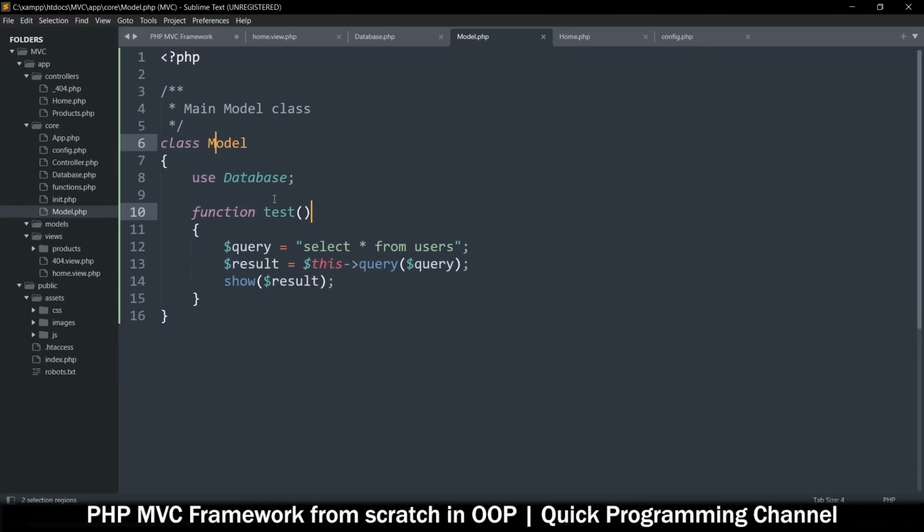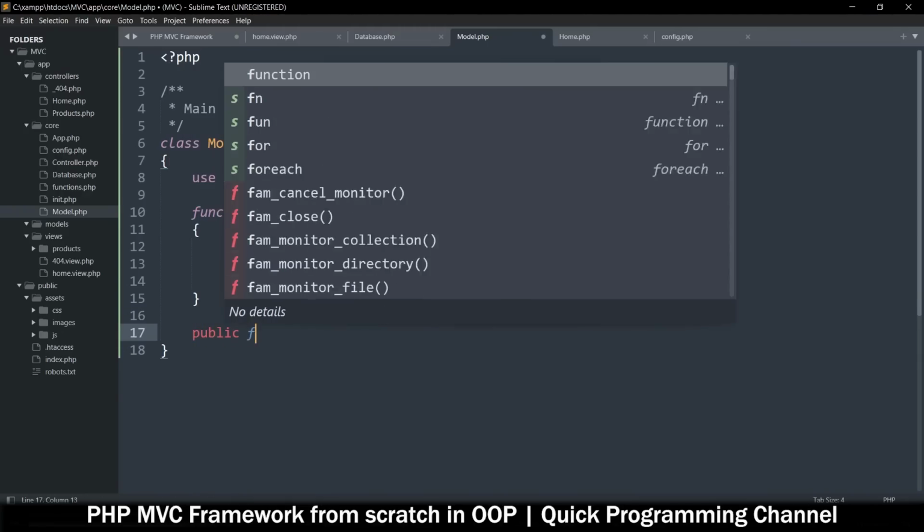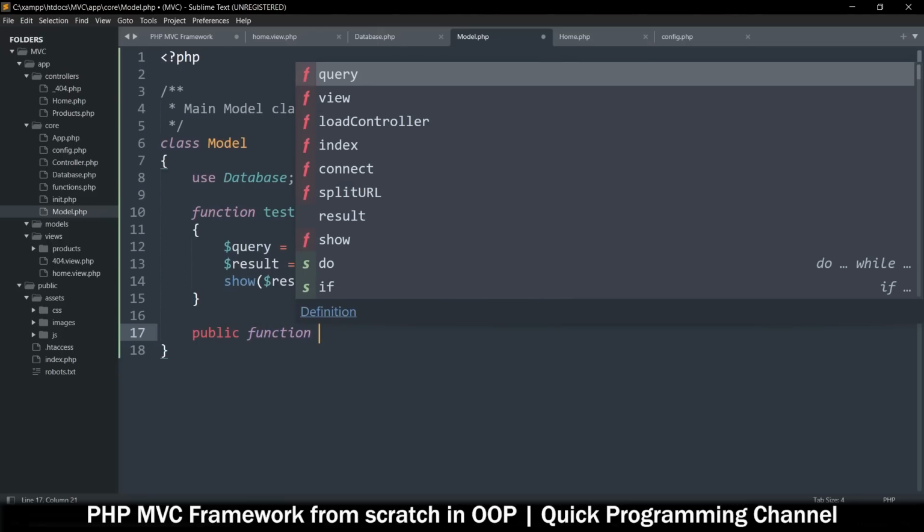So inside model, we need to create all the functions that are common to every table. Whenever we want to access every table, there are common functions that will be in here, so that when we add individual models here for each table, then we can reuse the common functionality in here. So let's see what common functions we would need. The first thing is, these will probably be public functions because they will be used outside mostly. So public function number one,